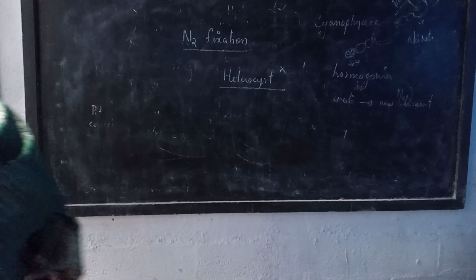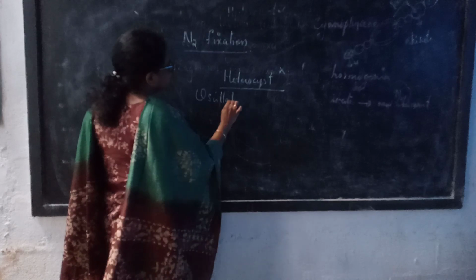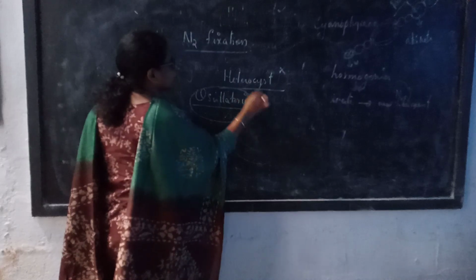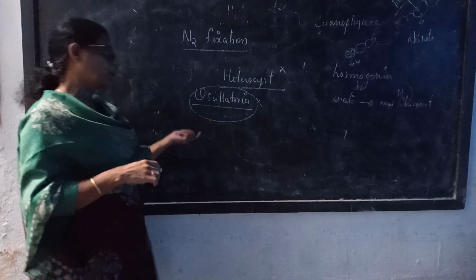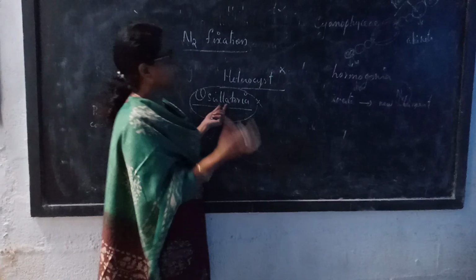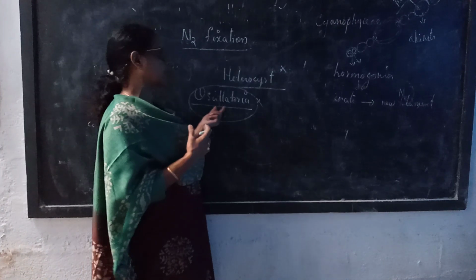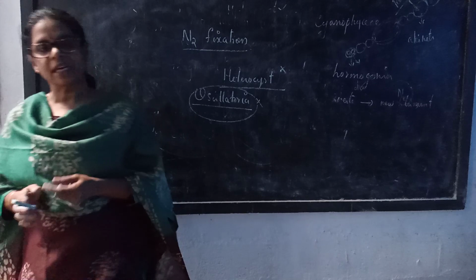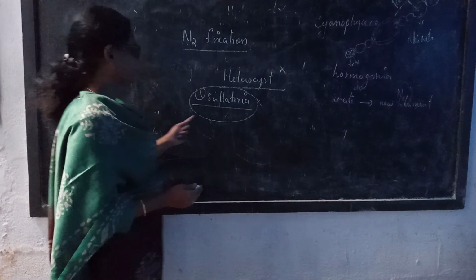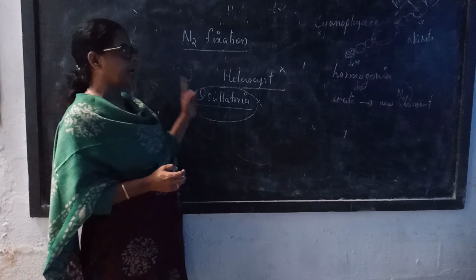And there are certain Cyanophyceae like Oscillatoria. Oscillatoria is without any heterocyst. So even without heterocyst, it is capable of fixing nitrogen also. So Cyanophyceae members are economically very important because so many members are capable of fixing atmospheric nitrogen. That means they can increase the soil fertility. Okay. So that is about the Cyanophyceae or cyanobacteria.